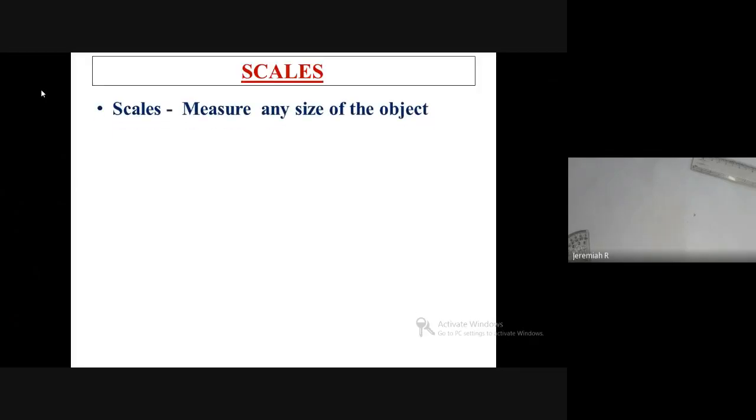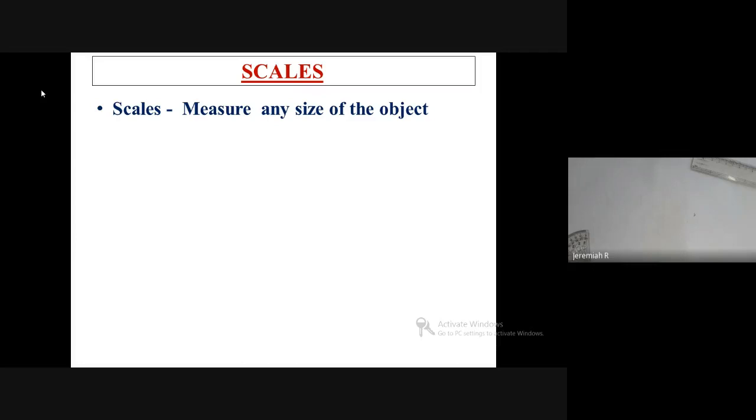Scales are used to measure any size of object, maybe kilometer, maybe hectometer, maybe some acre. Just imagine there are some lands that I want to draw on a drawing sheet. You have to make some suitable scale for acres. When the size is very small, like a micro electromechanical system, and I want to draw it on a drawing sheet, we have to go for enlarging scale. When the size is big, we have to go for reducing scale.